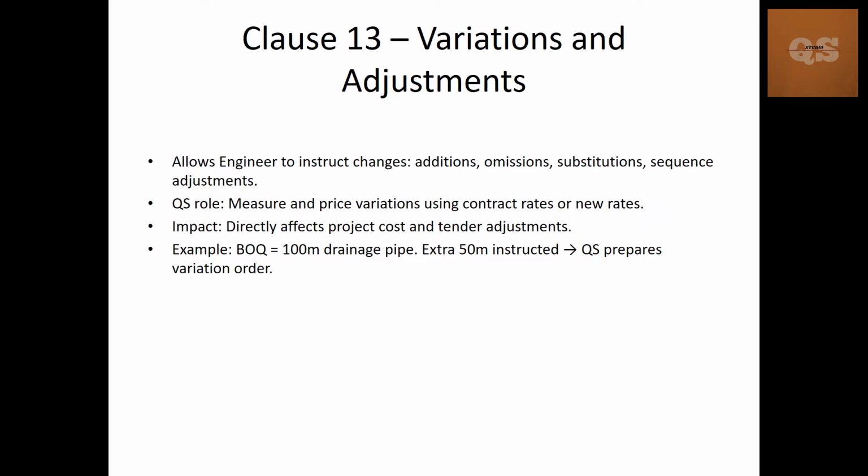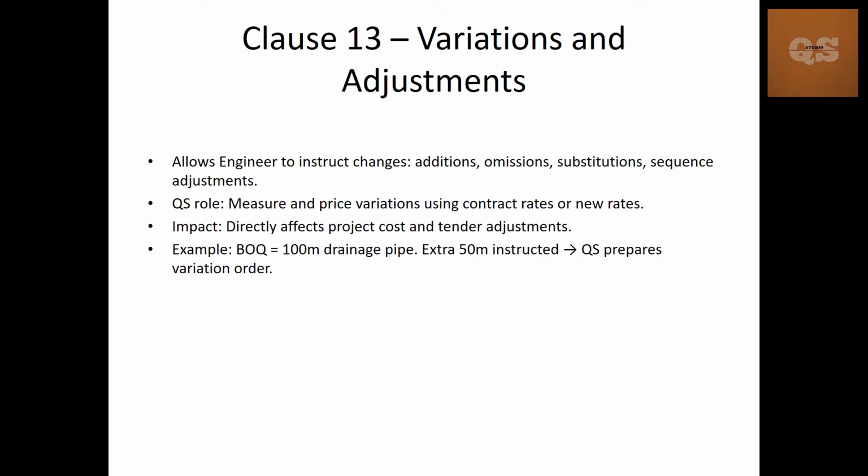The first one is regarding variations and adjustments, which is clause 13. This is mainly where the engineer will have the provisions to instruct changes, additions, omissions, substitutions, sequence adjustments, etc. Accordingly, the QS has to measure these additions or omissions and do the rate analysis using the contract rates